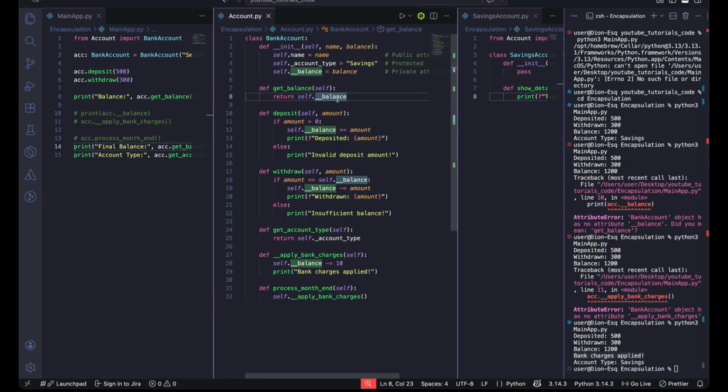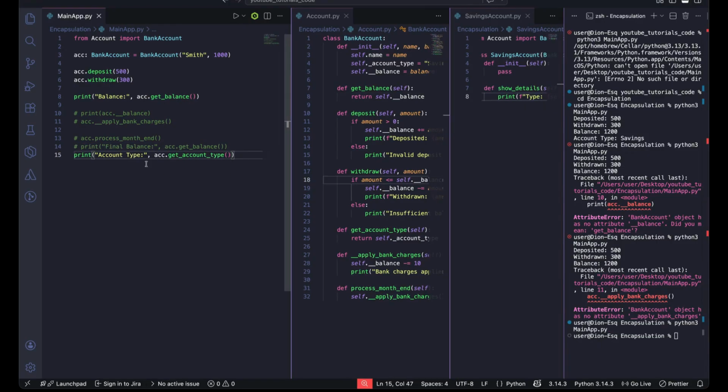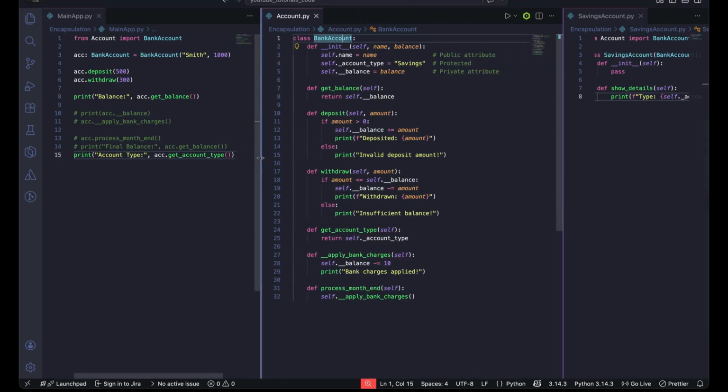So similarly we're just going to have the final balance like we have right here, which is 1200. Okay, I think line 14 and line 8 are doing the same thing, so I'm just going to comment this out. Ultimately we have the get account type, which is in class bank account. I'm just going to delete all this, the terminal right here. Okay, and the only way we can access this is if we are inheriting the class bank account,